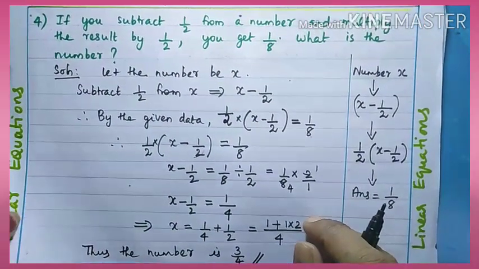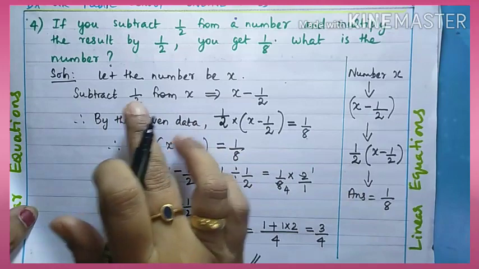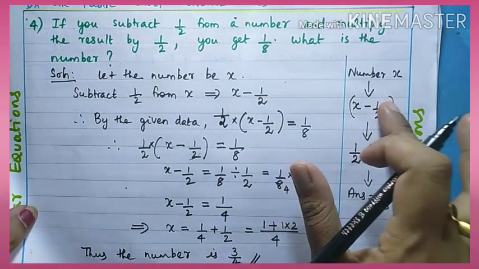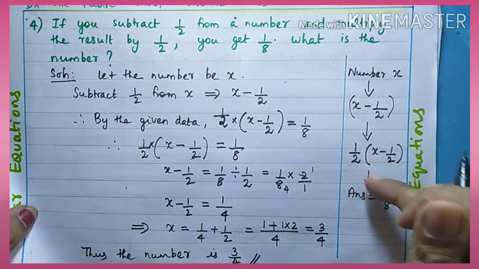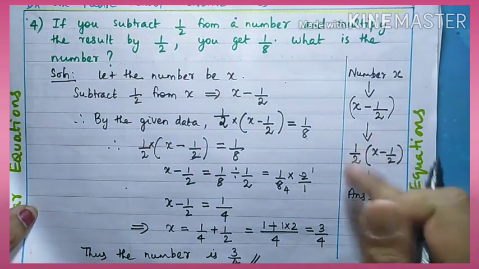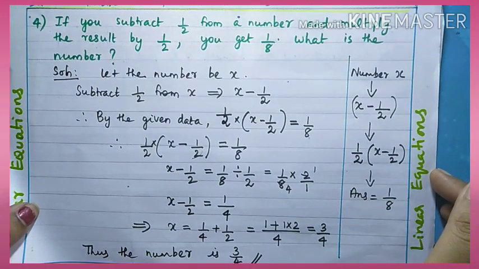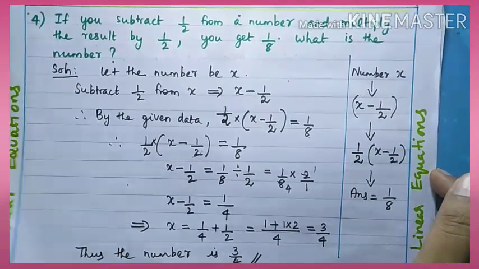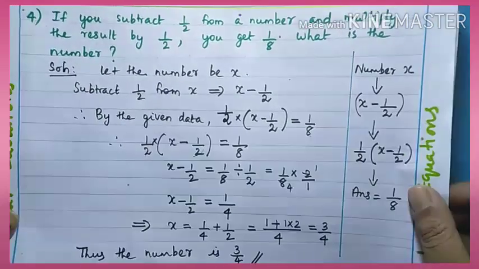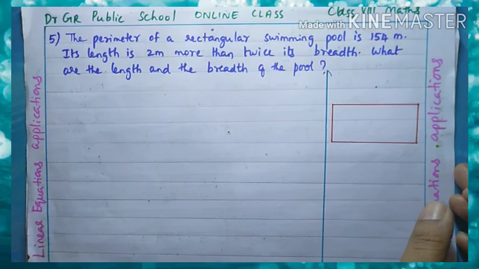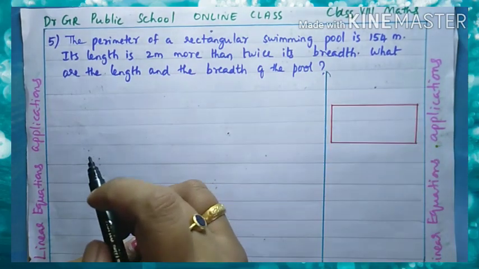So whenever you do this type of problem, you just read the question 1 or 2 times. You make a rough work how we are understanding the meaning of the question, and then you come to the main problem. Okay? Yes. So when you do more problems, you will get an idea. Now your 5th question. Now children, come to your fifth question.